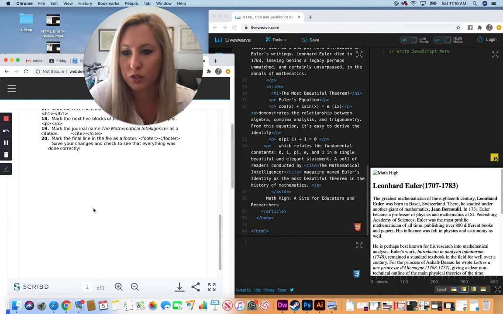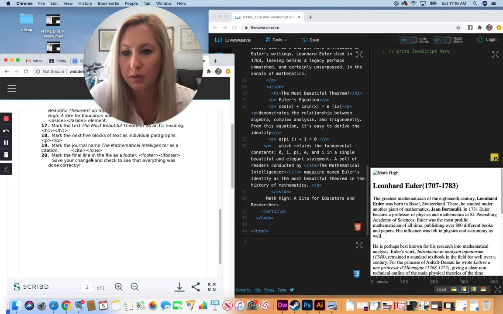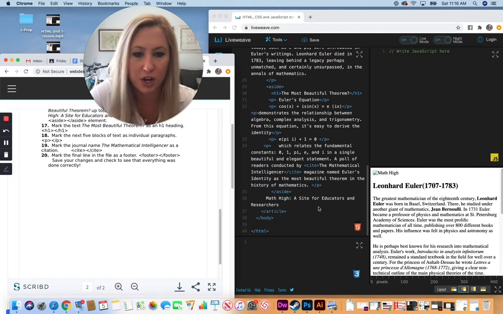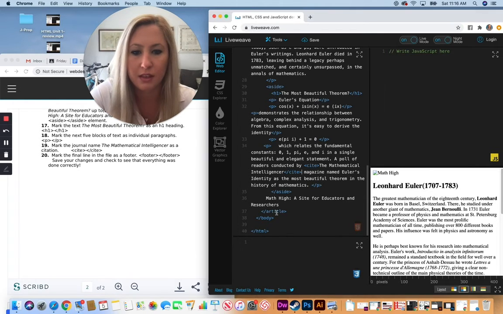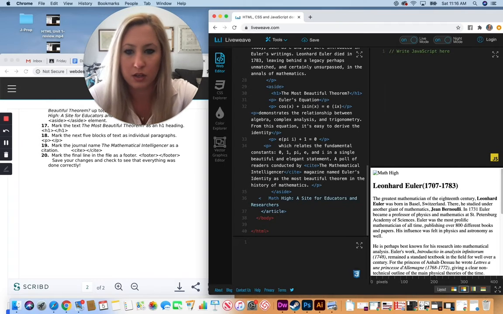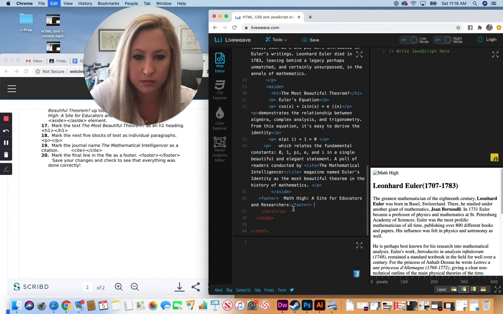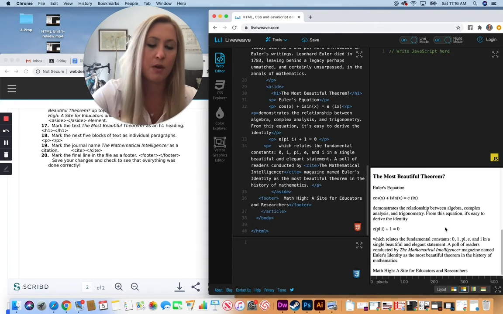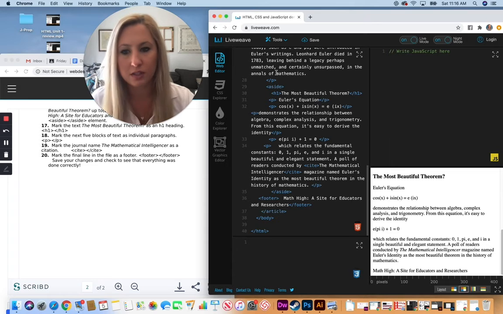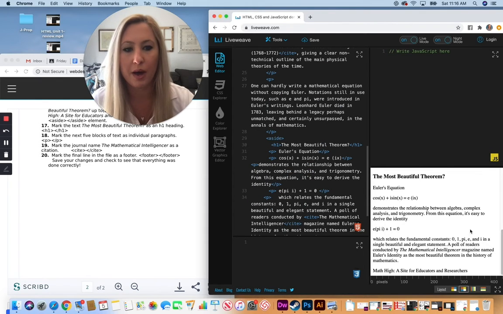Okay, and then number 20 is we're going to mark the line at the bottom as a footer. So remember we copied and pasted that last line here. I'm going to give it footer tags. Okay, so now my page is fully ready to go as far as the HTML, but it doesn't look pretty